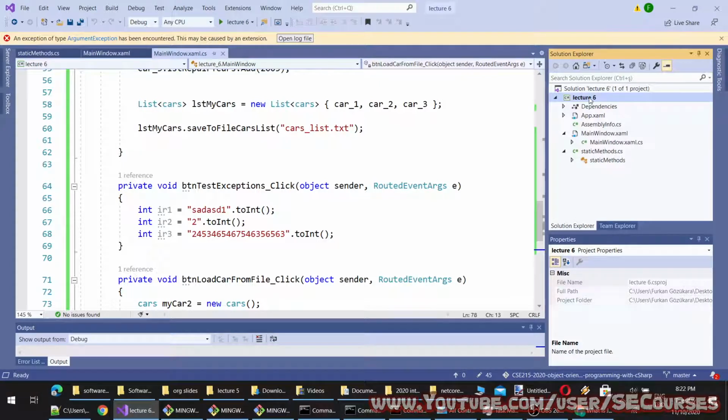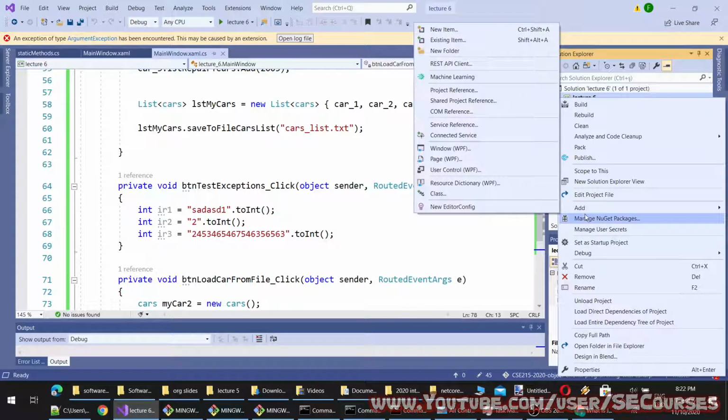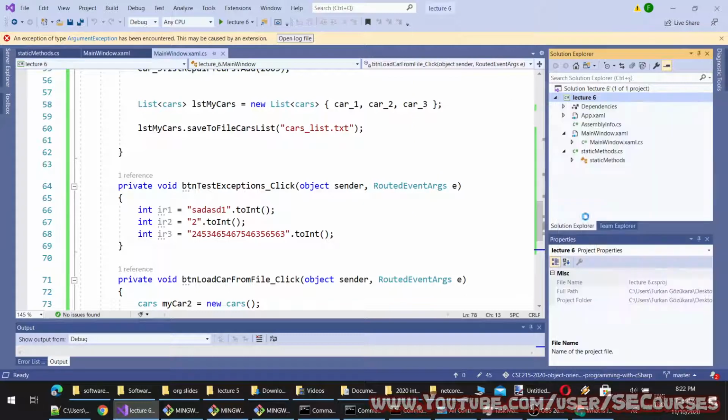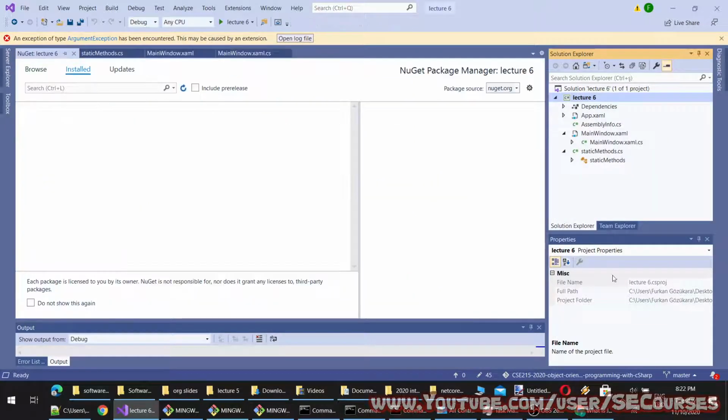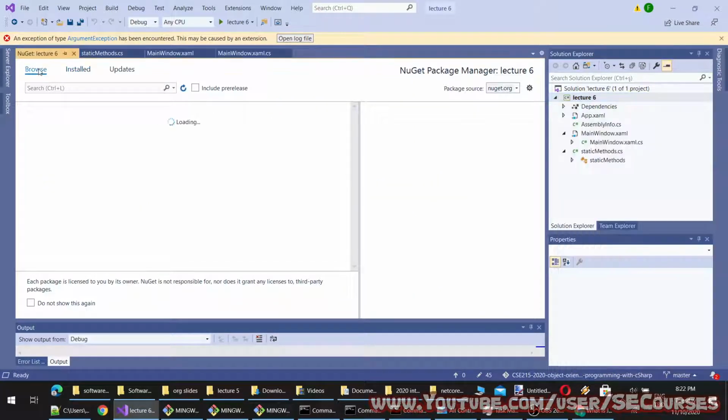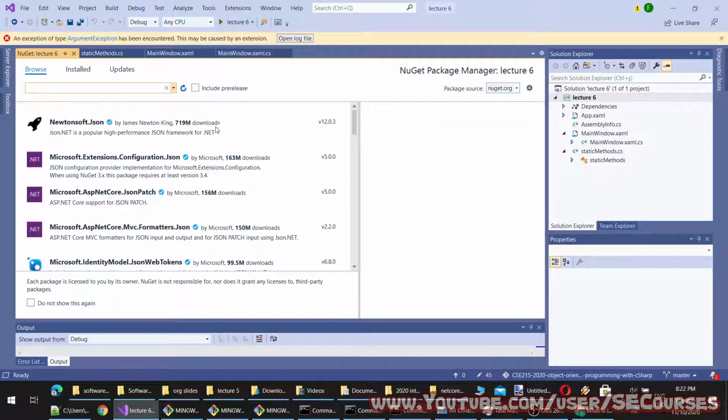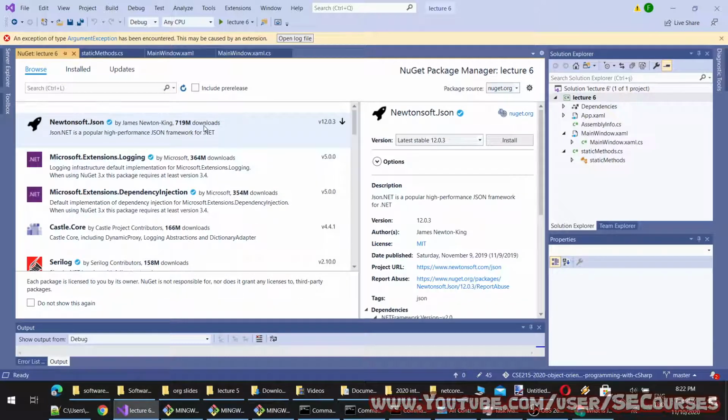Okay, so to use it, we are going to add a NuGet package. So I'm clicking manage NuGet packages. Then from here, I am going to look for JSON. Oh, by the way, it is by default at the very top. You see it has over 700 million downloads.